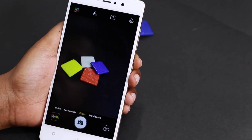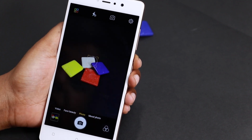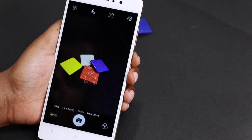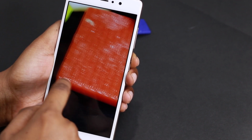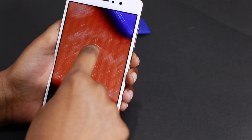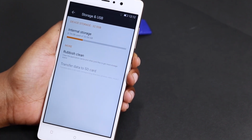Let's see how the primary camera on the Gionee S6s performs. As you can see, the camera focuses pretty quickly. The shutter speed is pretty fast as well. And the camera seems to have captured good enough details. But we'll be testing these shooters in different lighting conditions to give out a final verdict on the cameras of the Gionee S6s. In terms of storage, this phone comes with 32 GB of built-in memory, out of which you